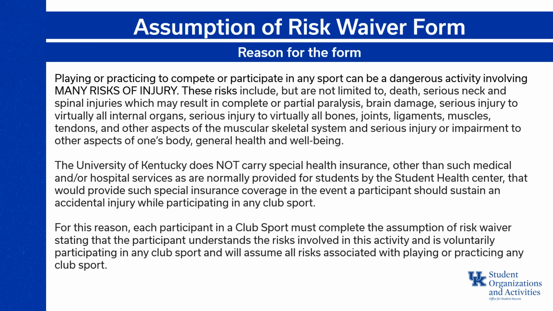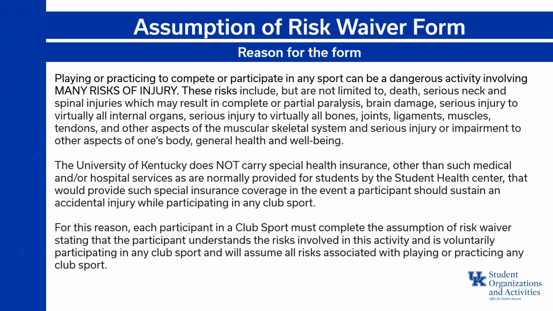First up is the assumption of risk waiver form. The reason for the form is that playing or practicing to compete or participate in any sport can be a dangerous activity involving many risks of injury. These risks include, but are not limited to, death, serious neck and spinal injuries, which may result in complete or partial paralysis, brain damage, serious injury to virtually all internal organs, serious injury to virtually all bones, joints, ligaments, muscles,